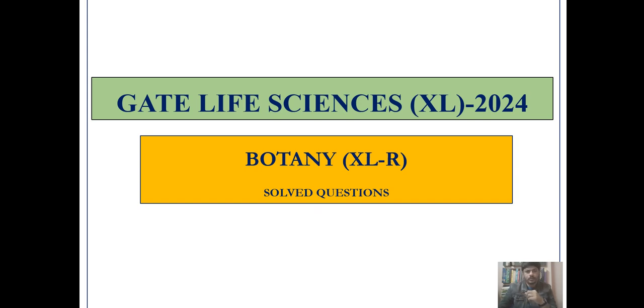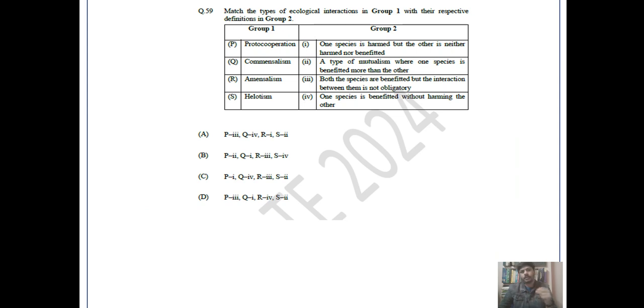Hello everyone, here we'll solve the GATE Life Science 2024 question paper, particularly focusing on the botany section. Now let's see the question. This is question number 59 from the GATE Excel paper. It is a matching type question, so group 1 shows the ecological interactions, and group 2 actually